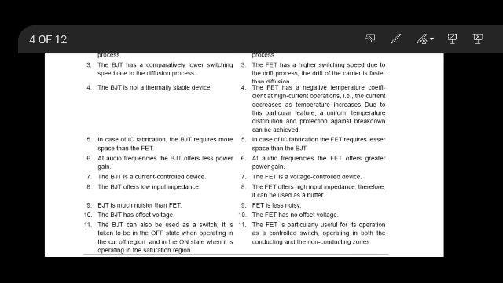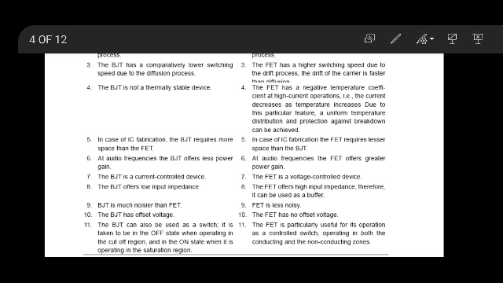Okay. Next, a BJT can also be used as a switch. When it has to be taken to the off state, it has to be taken to the cutoff region, and in the on state, it has to be operated in the saturation region. So if you want to use a BJT as a switch, it can be turned off when operated in the cutoff region, and turned on when operated in the saturation region.